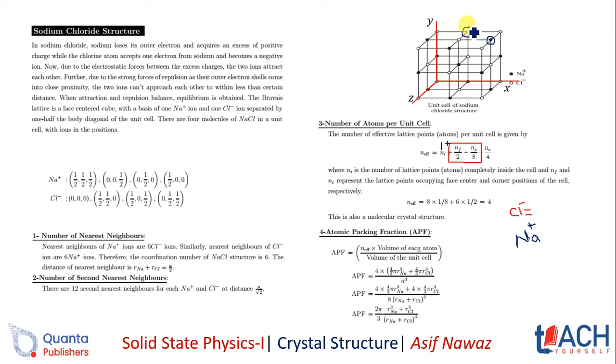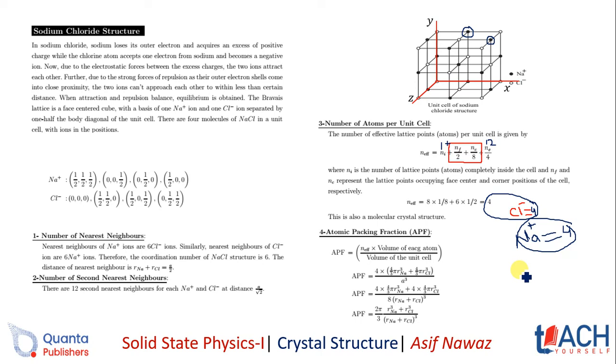In the packing fraction, the distance comes from the summation of both sodium and chloride, because here the number of atoms, or the total number of lattice points, is made up of both sodium and chloride. There are four of chlorine and four of sodium. So the total number of net and effective atoms multiplied by the volume of each atom. This volume of each atom now is not just because of one atom. Now we have two atoms of different kinds. So this volume should be the sum of the volumes of those two different kinds of atoms: 4/3 pi R_Na cube plus 4/3